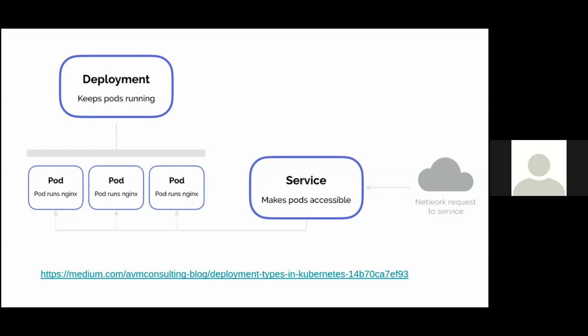So even if the CPU usage is more and the ports are replicated up to 10, you are not going to make all the application down at once. Kubernetes will be deploying like it will delete one port first. So your 9 ports are there, still serving the requests coming, and it will deploy one port with the updated code. Then it will delete the second one and will deploy the second one. Like that, it will manage itself. So the user will not be affected by this. You will have zero downtime.